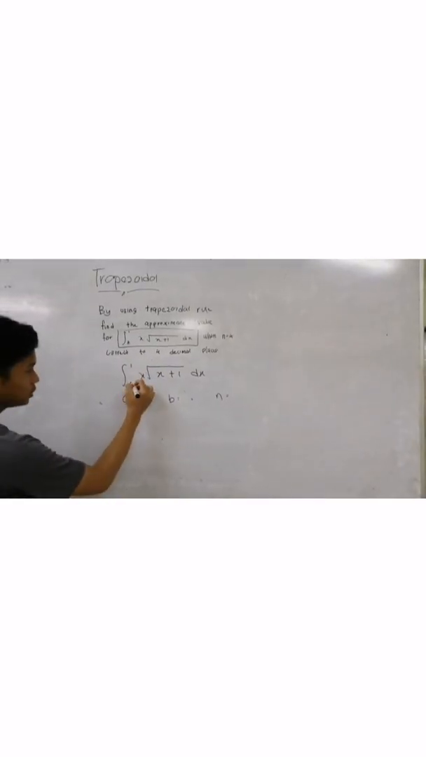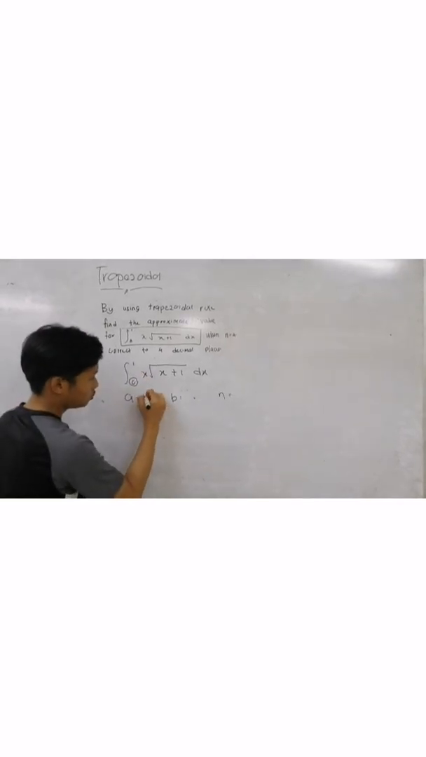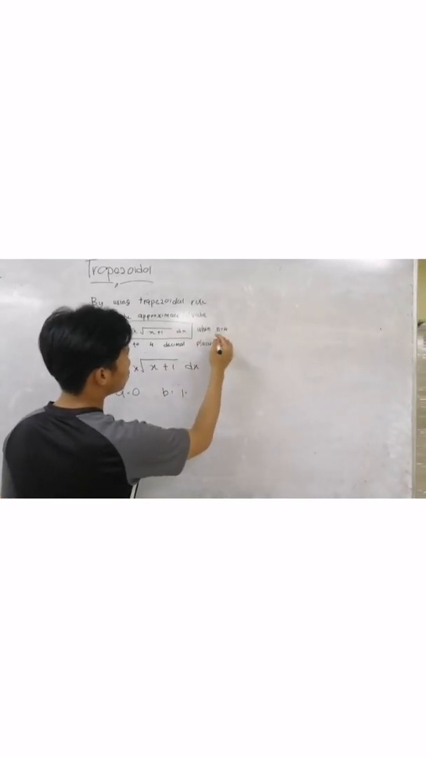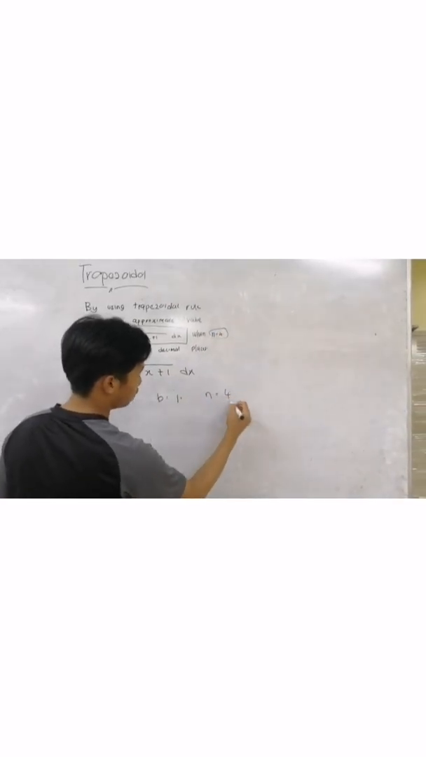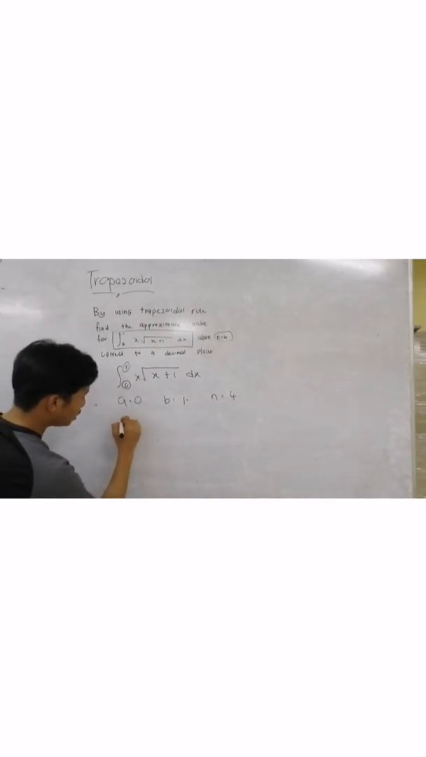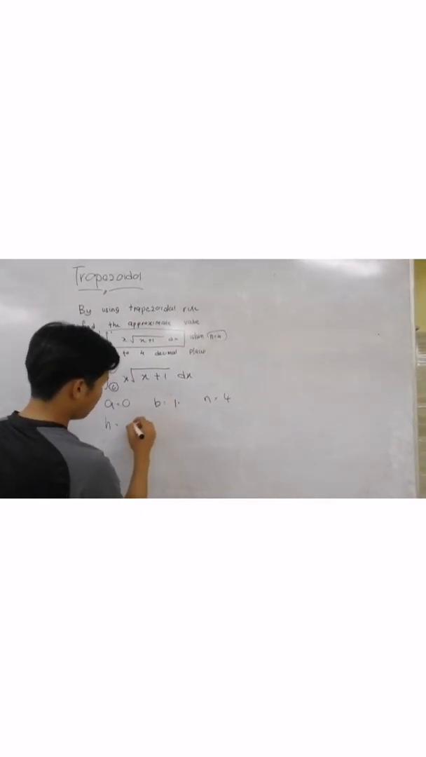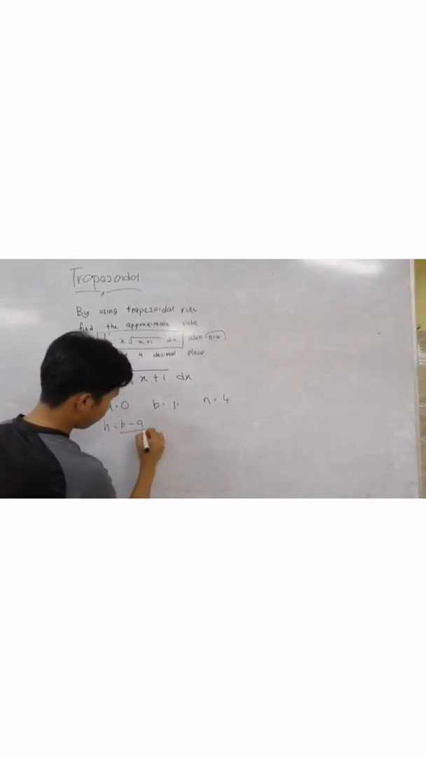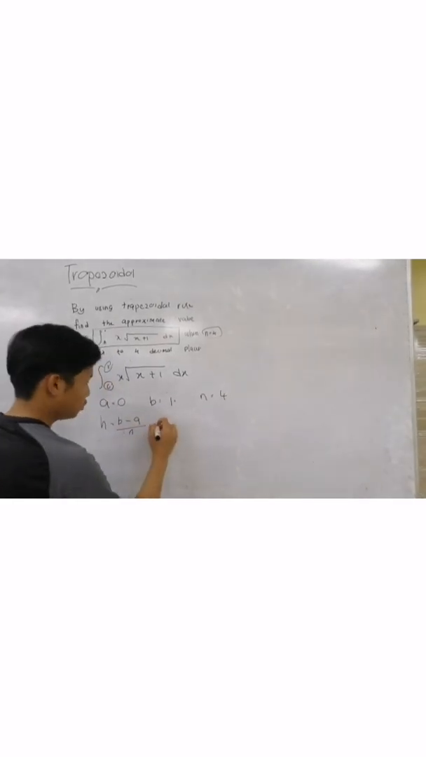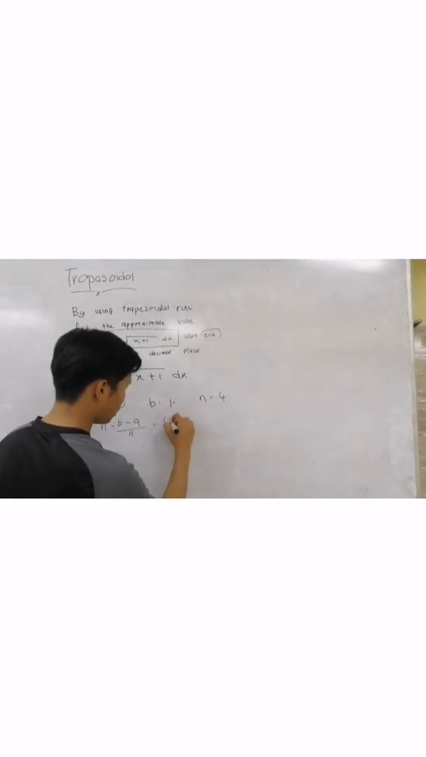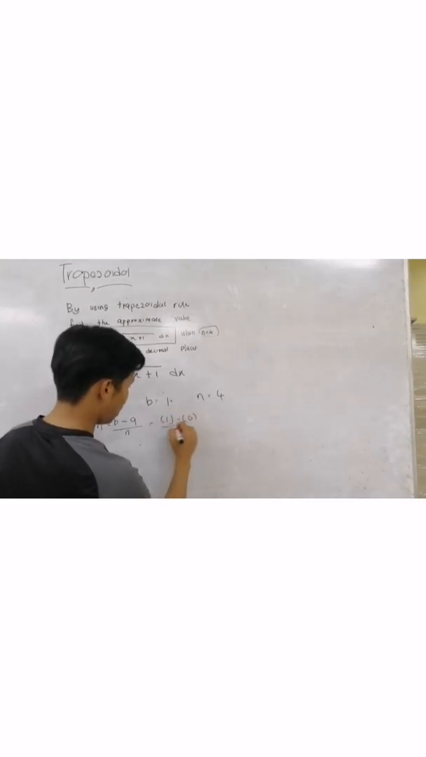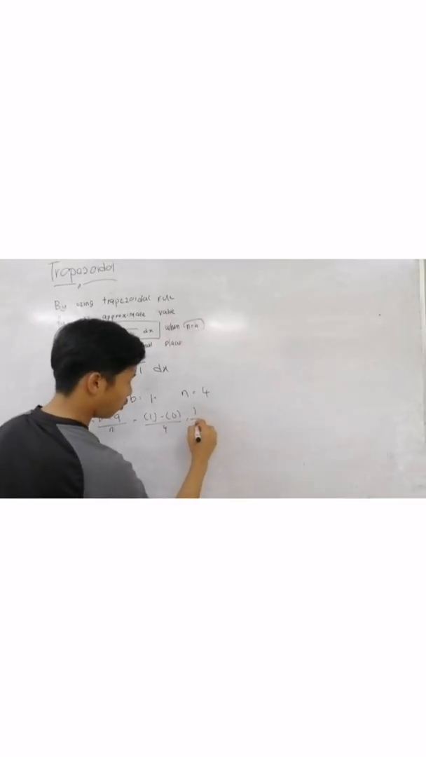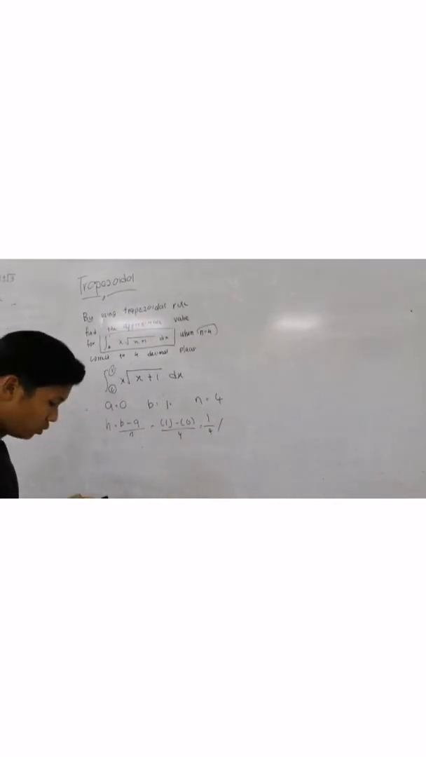So a is this one, 0, and b is 1. So n, the question given n is 4. So the formula is h equals b minus a over n. So then we calculate b is 1 minus 0 over 4. So we can get 1 over 4,